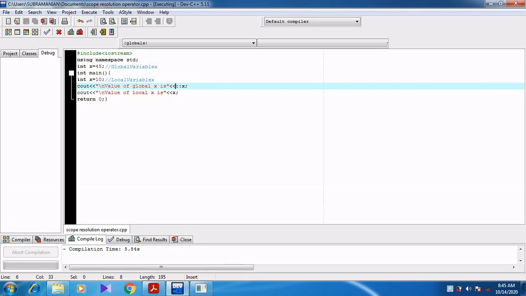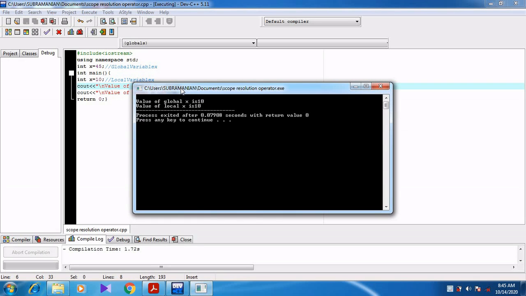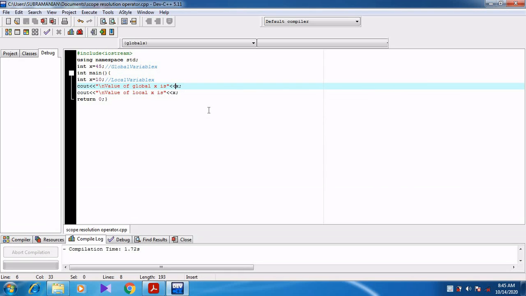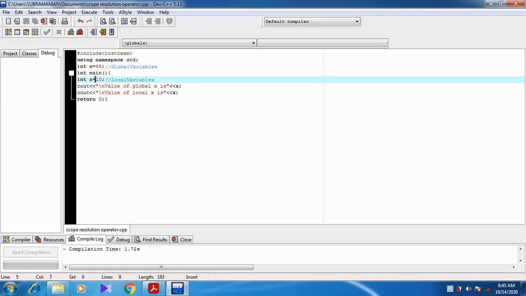Now let us see, for example, if I remove the scope resolution operator and run the program, what is it printing? 10. See, both the values are printed as 10. You note it down here. Both values are printed as 10 because whenever I print the variable x, it just looks at the value inside the main function.